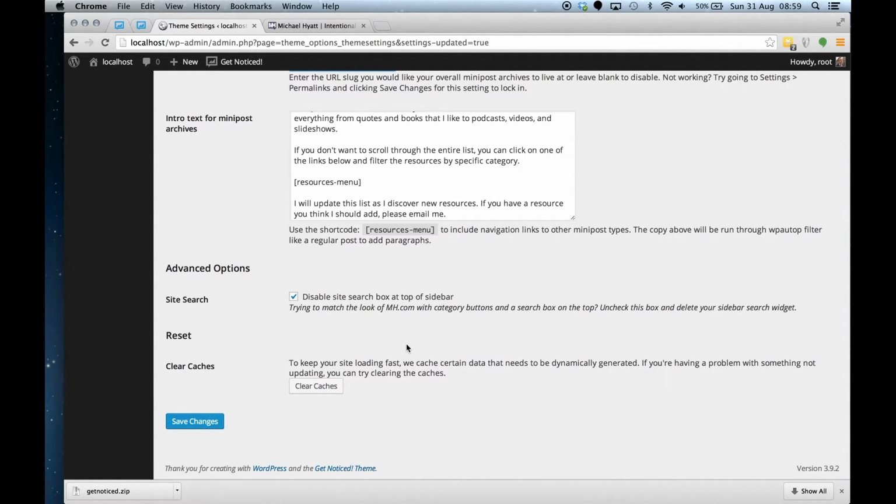This will add the search bar, the search box, to the top of the site, if you'd like it. As it says here on Michael's site, it is disabled, but if you want to add a search to the top, you can enable it. Another thing to note,